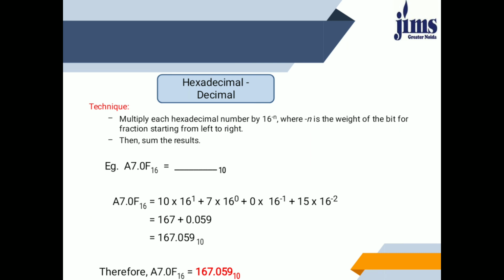This is the way through which we can convert any hexadecimal number. In a similar way we have done to convert the floating point number, we also need to convert floating number like A7.0F is here. A will be multiplied by, A is what? 10, will be multiplied by its positional weight, that means 1 position, that means 16 raised to power 1. Then it will be added with 7 into 16 raised to power 2 and so on. So this was all about the number conversion we usually do in the digital number system.